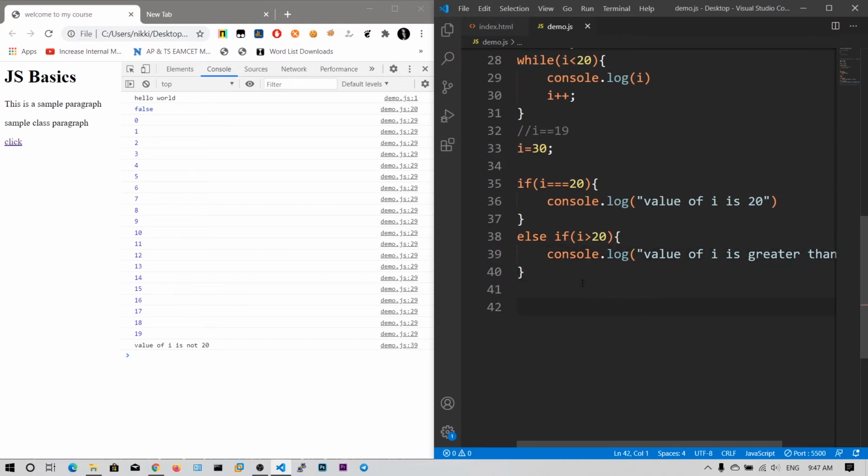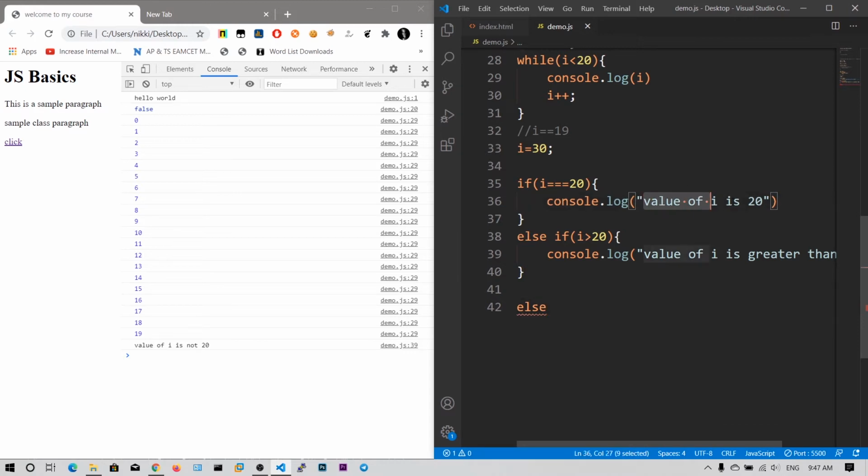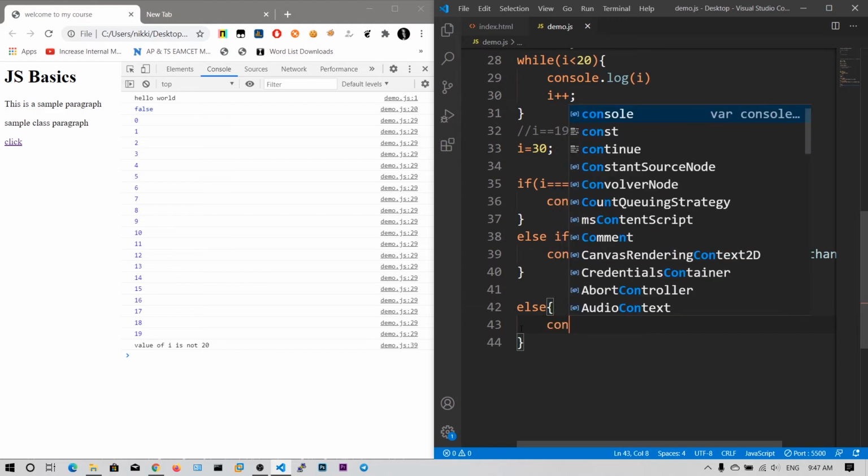And then we can say else. So if this is equal to 20 or greater than 20, and the last condition will be lesser than 20, you can just say console.log lesser than 20.